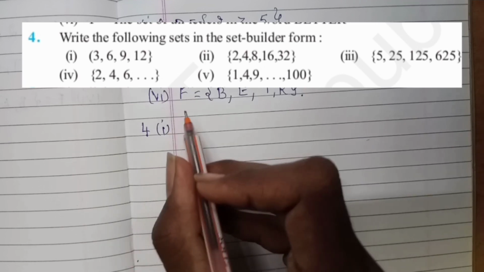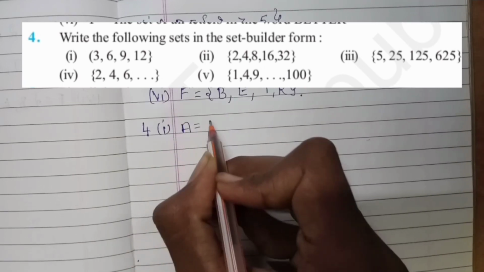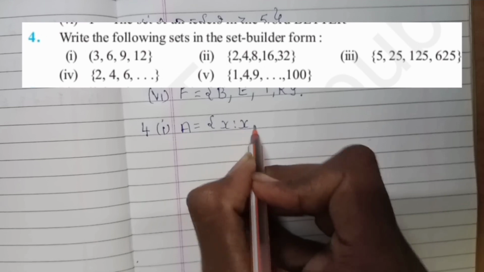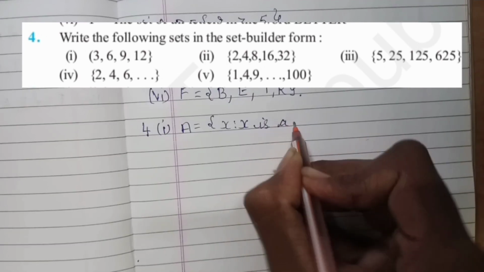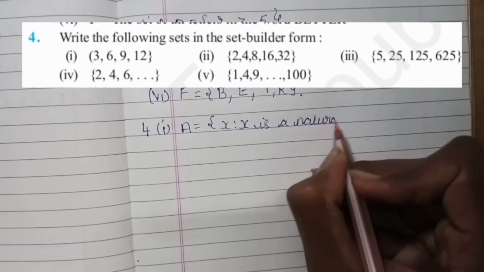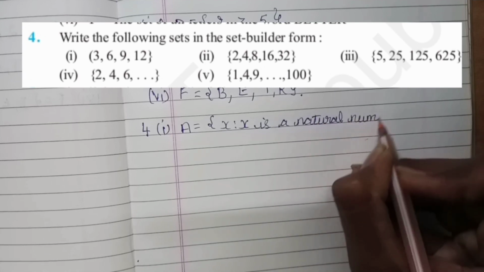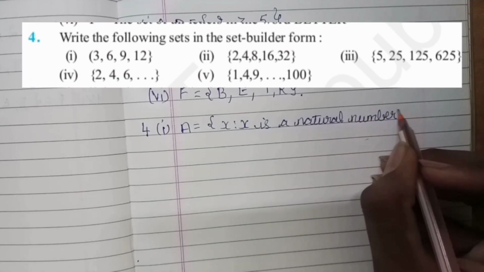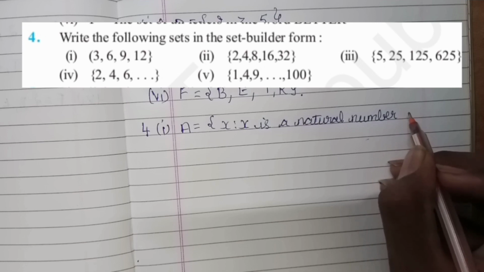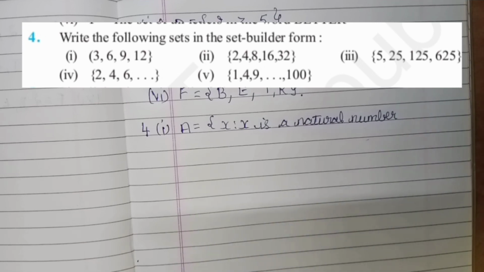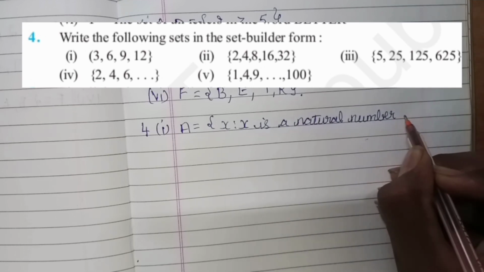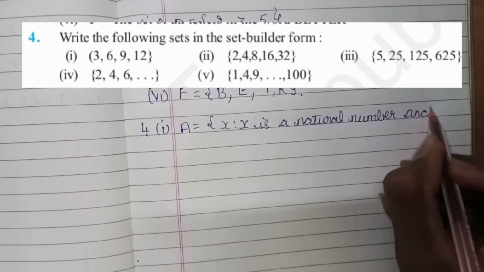We'll write it: A is equal to x such that x is a natural number, and after going through the series, you can easily say it is a multiple of 3. 3 1s are 3, 3 2s are 6, 3 3s are 9, 3 4s are 12. We'll write natural number and